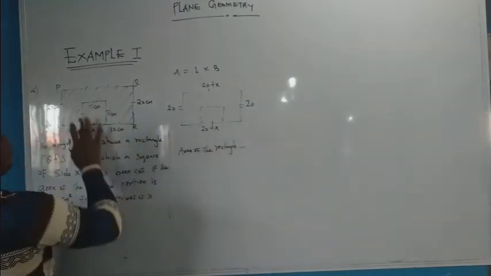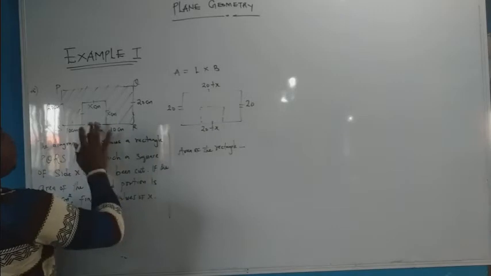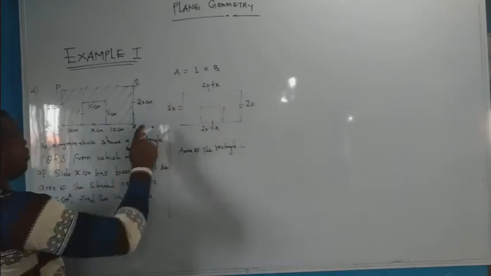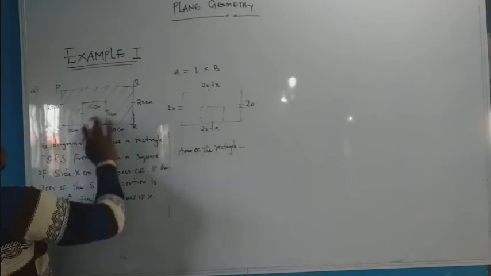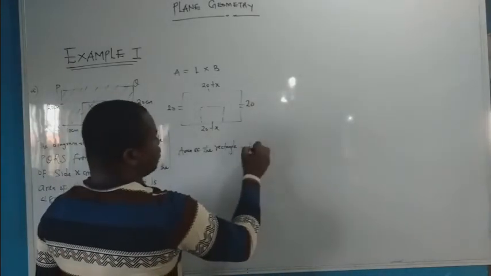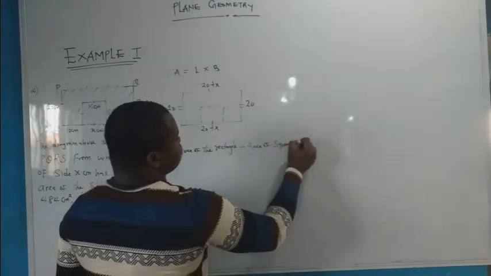What I drew here was the whole rectangle. So the area of the rectangle minus the area of the square is equal to